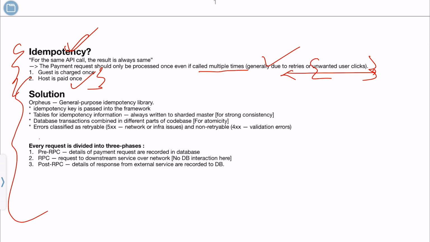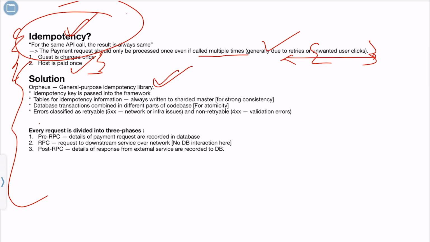So this is the key requirement, or you can say a key implementation technique, which is used if you see any of the payment system. You see a payment system or payment architecture of a bank, of a startup, or any system, anywhere if the payment system is implemented, you will see a concept of idempotency implemented in the APIs. You ensure that if the same request is fired multiple times, it is only processed once, and the way you do it is via idempotency. There are multiple ways you can achieve idempotency. We are discussing here